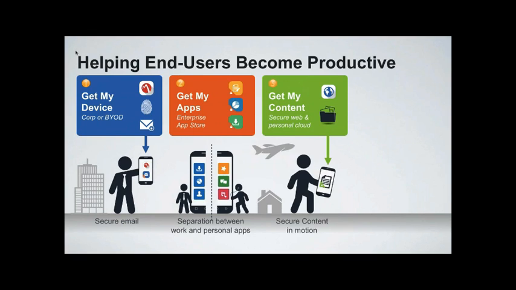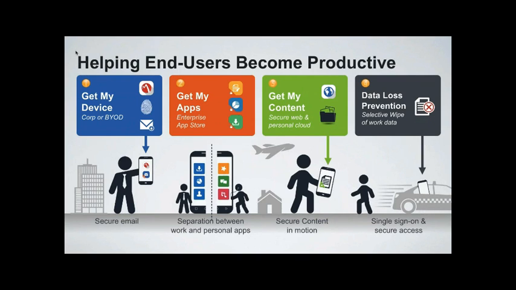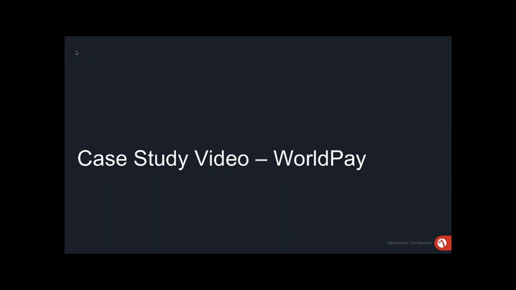And you're given that capability to say, yes, you can edit, no, you can't edit, you can change or you can't change, view only, and that kind of data protection DLP capability that you would expect organizations like us to have baked into our platforms. And again, DLP, selective wipe of work data. So, when it comes to BYOD devices, what you're not wiping is people's photographs and music. What you are wiping is the corporate-related information on these devices. Also giving you the ability to do single sign-on and secure access through third parties, all the way through the enterprise on these devices.